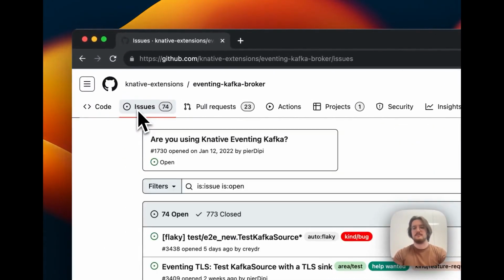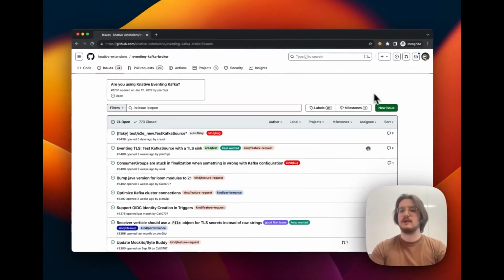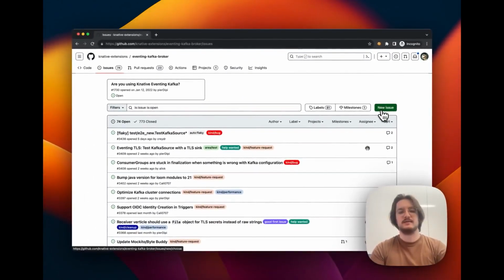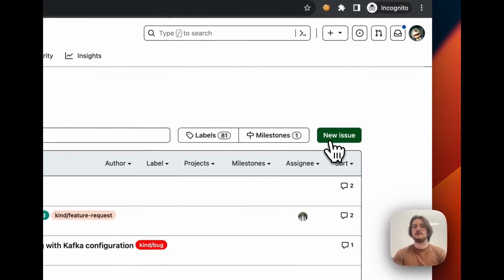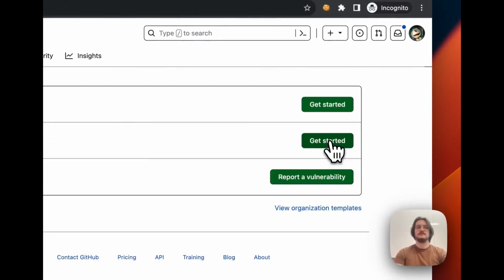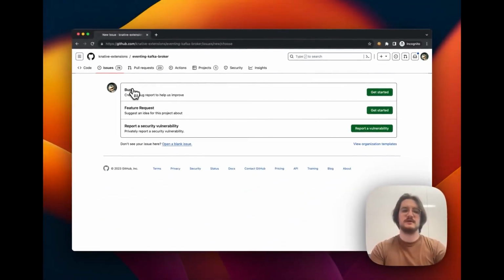into it. From here, you're going to want to click the New Issue button on the right-hand side. For me, this button is green, but if you've changed your color theme in GitHub, it may be a different color. Once I click on that, I'm presented with a screen which has a couple options, and these options are